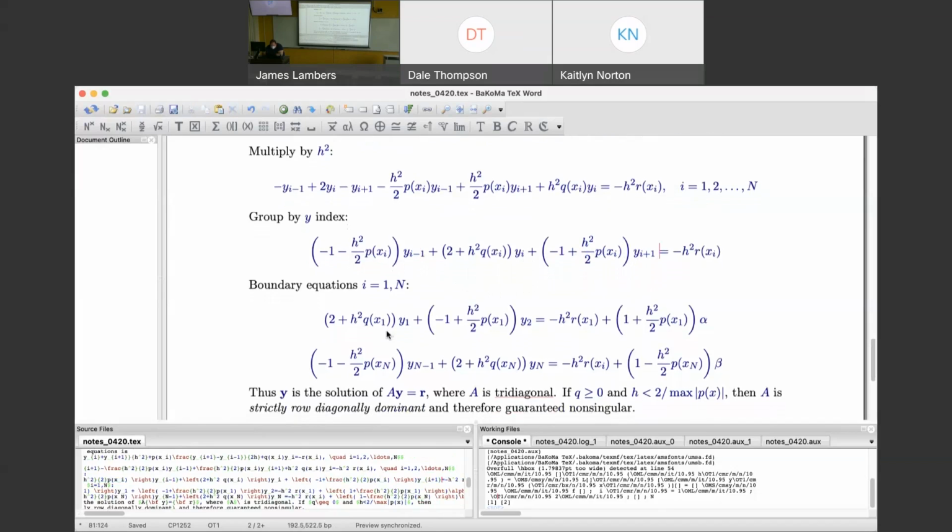So in other words, you have a system of linear equations, an Ax equals b problem, but we write it as Ay equals r, where y represents the solution, r represents all of your right-hand side terms, mainly this part, so minus h squared times your function r of x, and for the first and last equations, you have these boundary terms. The matrix A happens to be tridiagonal because the only entries in the matrix that are non-zero are